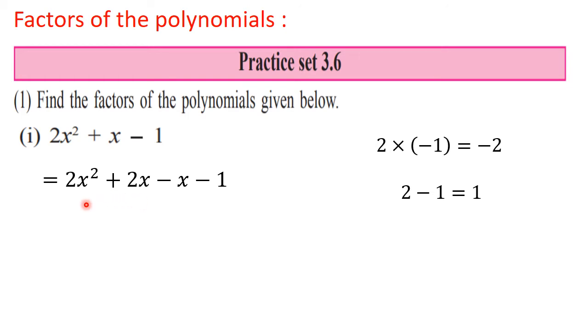Now after that we have to group. So make a group of the first two terms and the last two terms. And then we have to take out the common factor. So here what is common? First, you think about the numbers. What we can observe here is that 2 is present in both the places, so we can say that 2 is common. Also x is common. So in this case 2x is common. So we can take out 2x as common here.